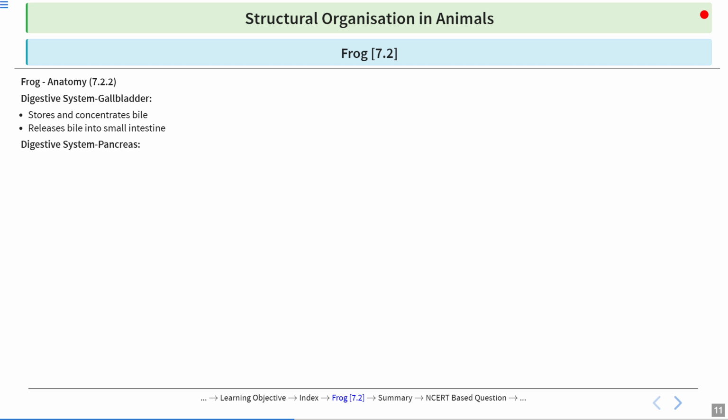Okay, the next organ that is helping in the process of digestion is the pancreas. It produces the digestive enzymes, and it secretes the hormones insulin and glucagon. So these are the two hormones that are secreted by the pancreas, and that is why it is secreting enzymes and it is also secreting hormones. That is why it is called a mixed gland. And one very important thing, the enzyme is always produced by the